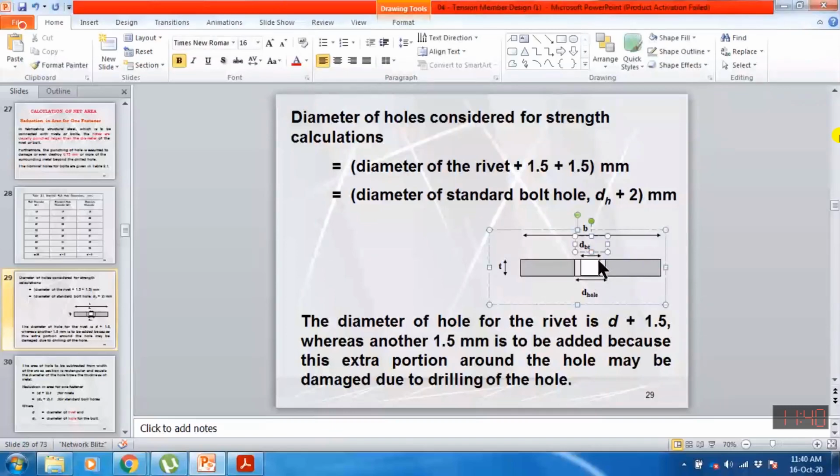Okay, if I want to connect one plate with another plate with a rivet whose diameter is equal to 15 millimeter, what do you think? What should be the size of the hole that I will punch? Then the area of the hole that I have punched should be more than the area of the rivet so that I can easily accommodate it. So it means that I have to give the margin on both sides